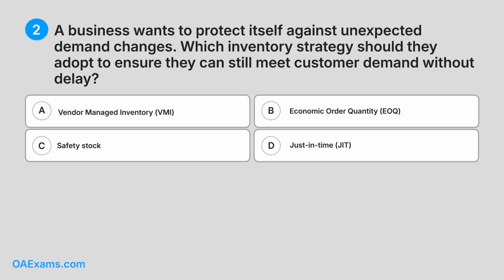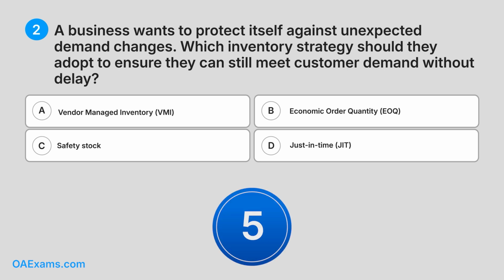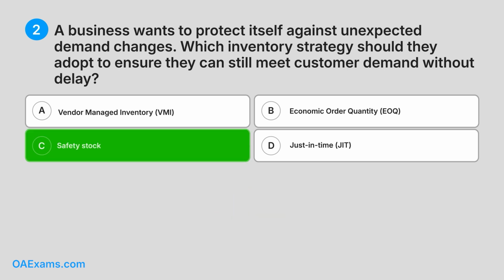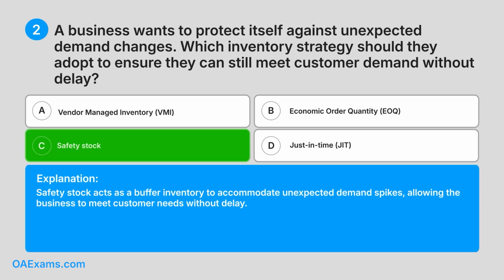2. A business wants to protect itself against unexpected demand changes. Which inventory strategy should they adopt to ensure they can still meet customer demand without delay? A. Vendor managed inventory, VMI. B. Economic order quantity, EOQ. C. Safety stock. D. Just in time. Do you know the answer? Correct answer: C. Safety stock. Explanation: Safety stock acts as a buffer inventory to accommodate unexpected demand spikes, allowing the business to meet customer needs